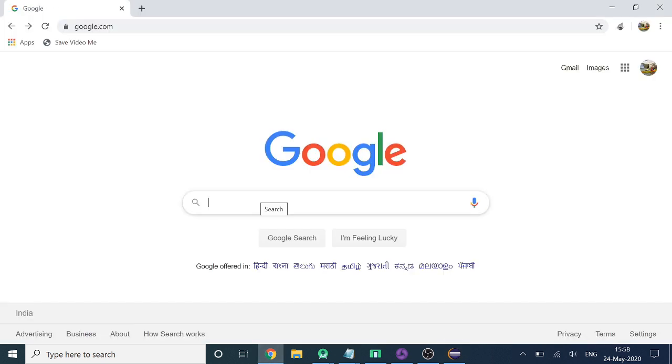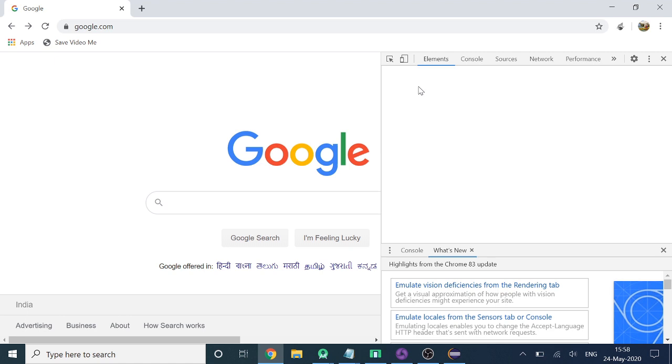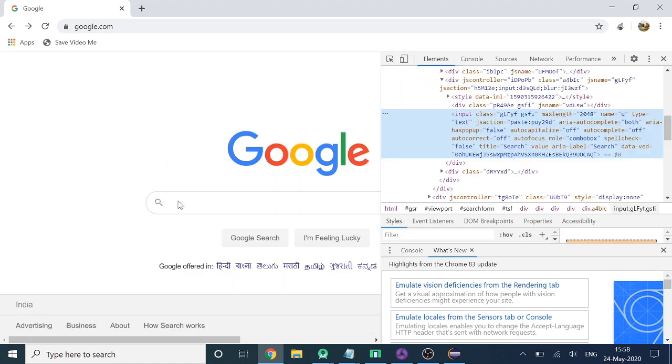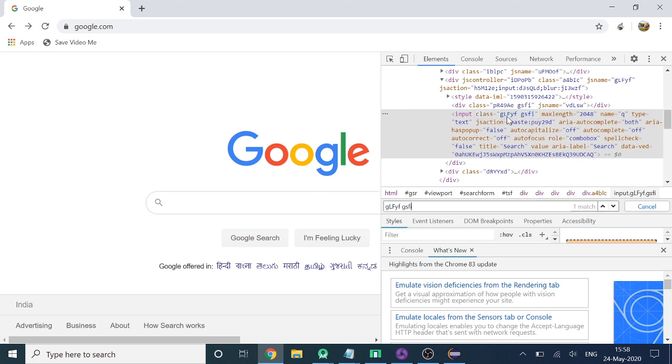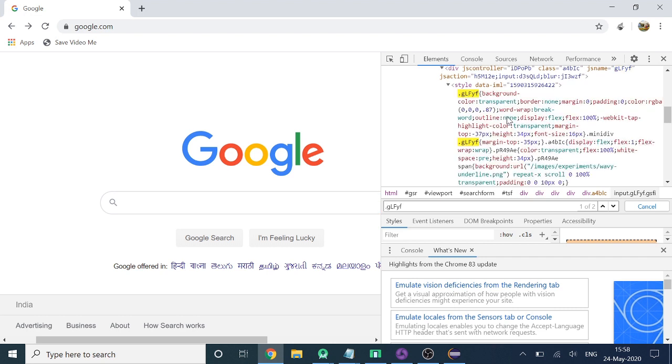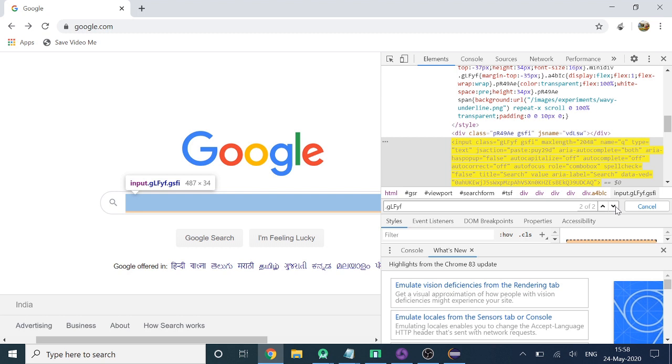So let's see over here. I'll go to dev mode and I'll select this particular search bar. You can see the class glfyf. Let me just select it and check if it is unique. Yes, it is unique. We can use this particular class in the CSS selector.